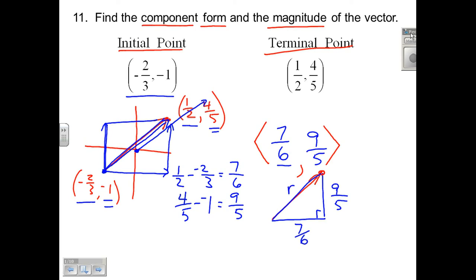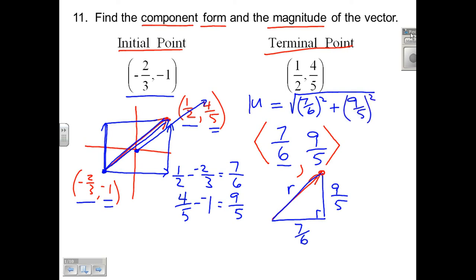So my magnitude becomes, it's just a real quick Pythagorean theorem problem. If I call this vector u, then my magnitude would be the square root of my x component, 7/6 squared, plus my y component, 9/5 squared,